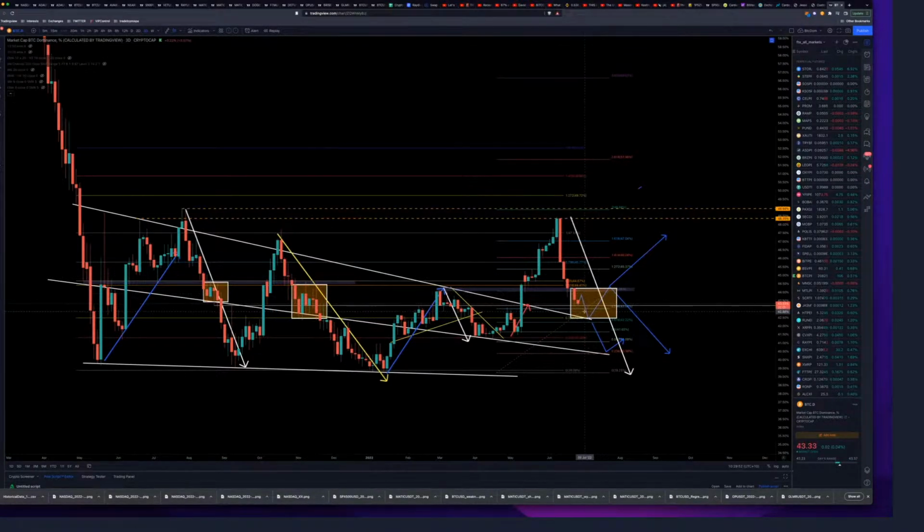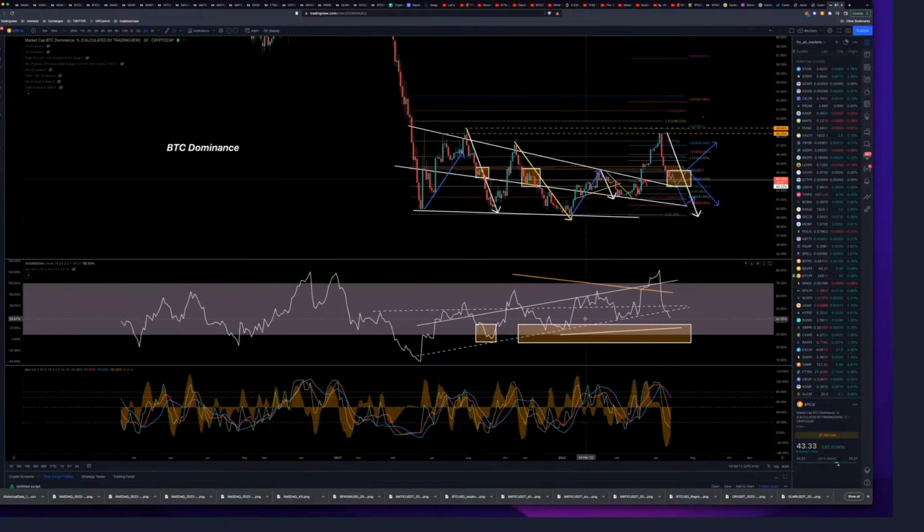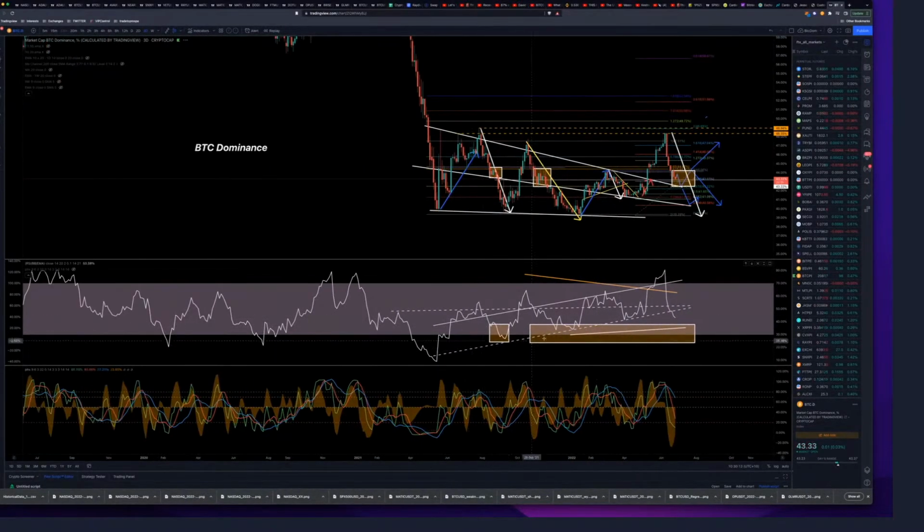So for the alts, this is a 3-day chart. From an indicator perspective, the RSI is starting to turn a bit, and so is this. However, I don't see any reversal anytime soon. So the alts are still, and you can see this line here as well,